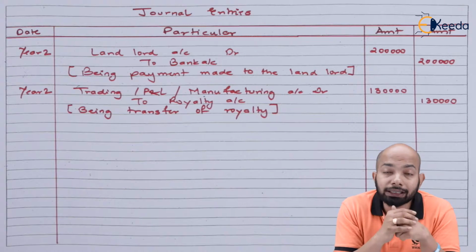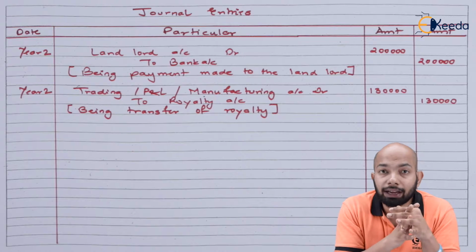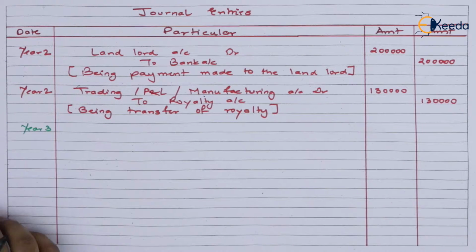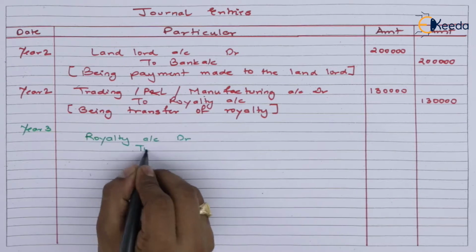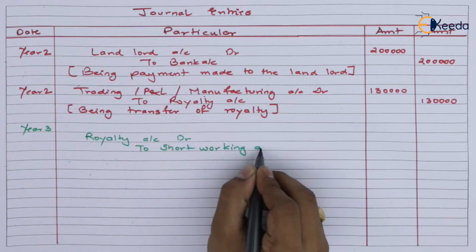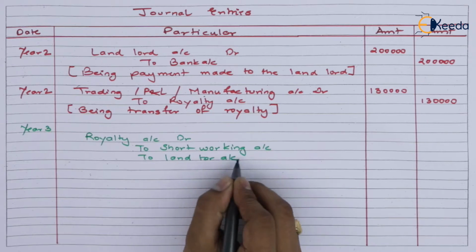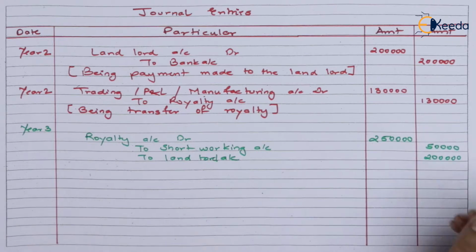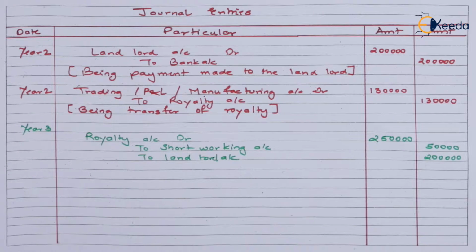Now we'll start with the year 3 entries. Let's figure out what we have there. So the first entry for year 3 will be when royalty is payable. The entry that we have passed in the third year is royalty account debit with the amount of 2,50,000,